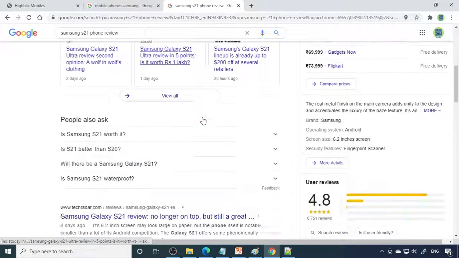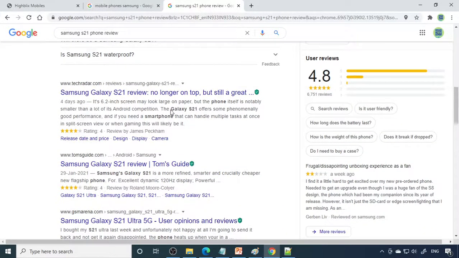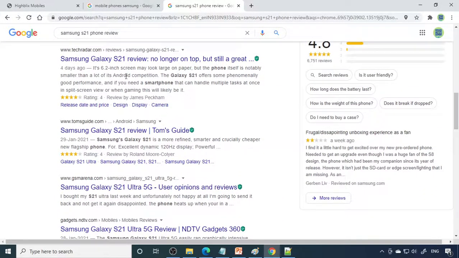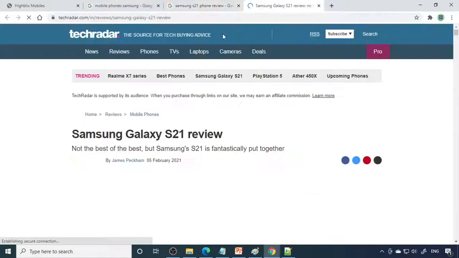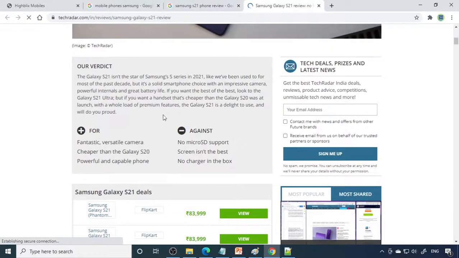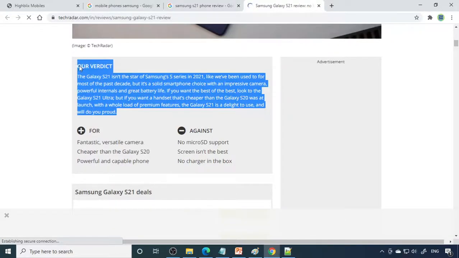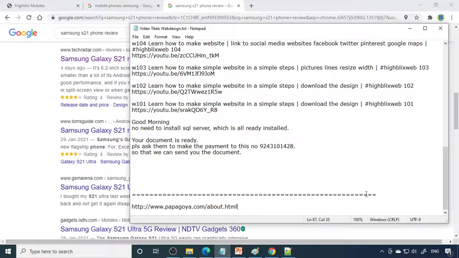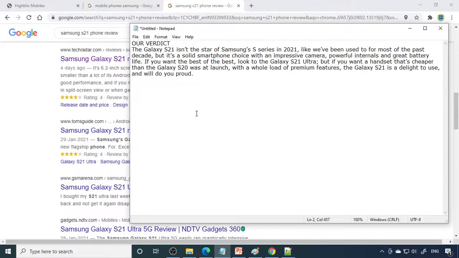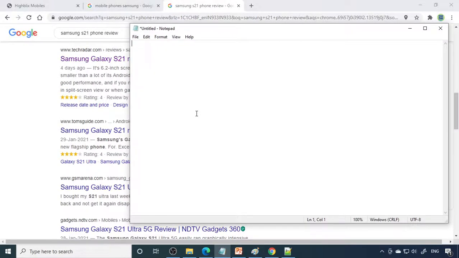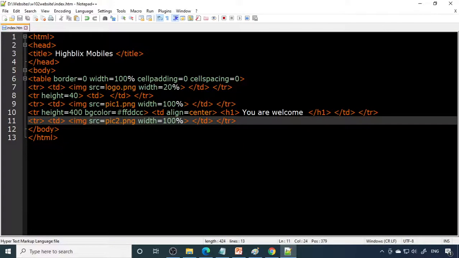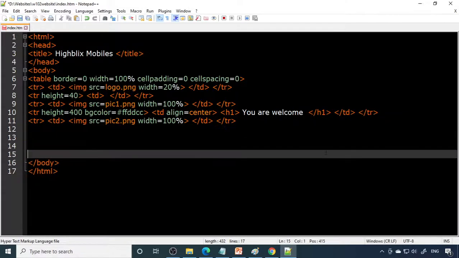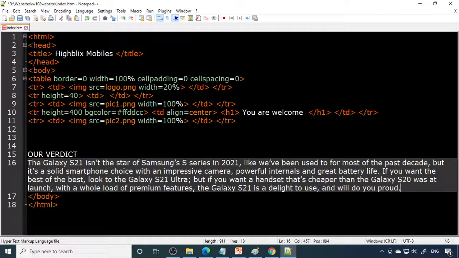So we'll take some content from the, okay, it's only for sample, nothing to do with the real watch. So here is the verdict. So this content we want to bring over there, so just copy the content. Then go to notepad, there you paste it first, Control C. Now we want to bring the content over here, but this should be again, sorry, something wrong.